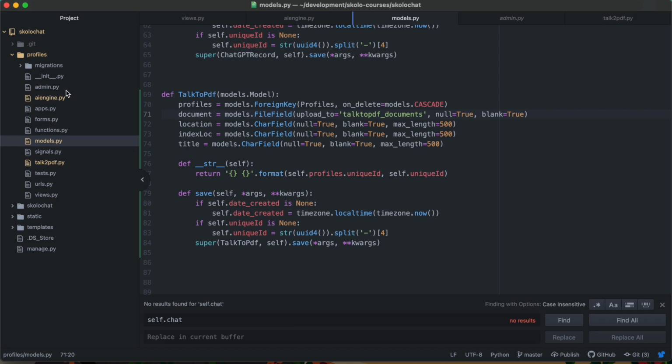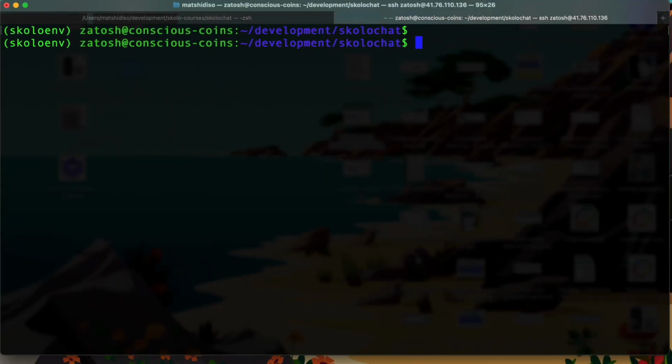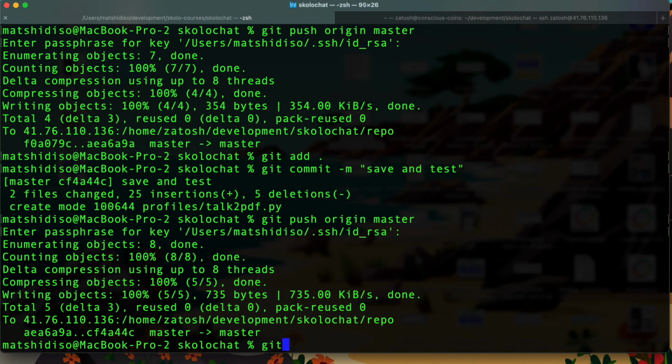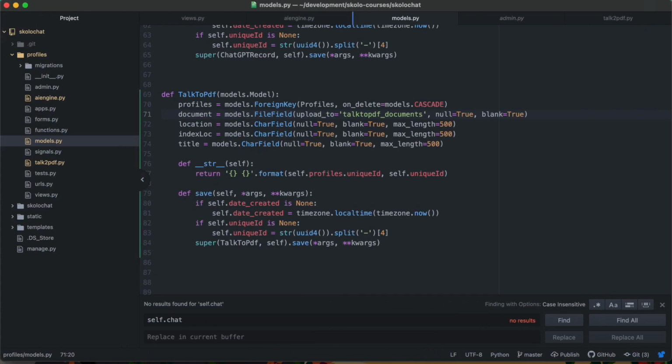What we want to do is we want to create a function. But let's save it first. Let's save all of this and then push it and run migrations and see what we get, okay? Hit add. Actually, before we do that, let us add this to our,